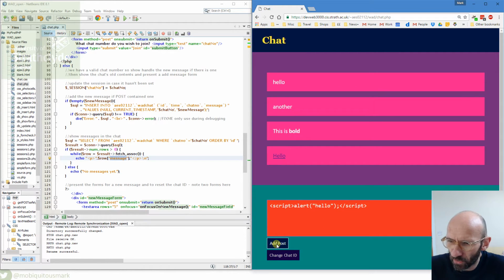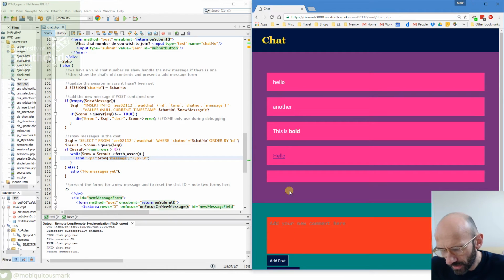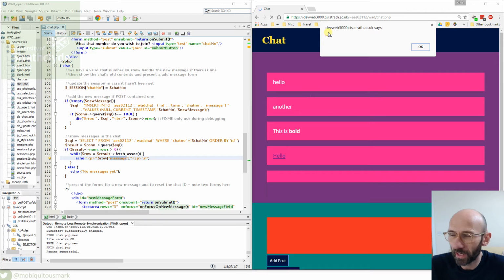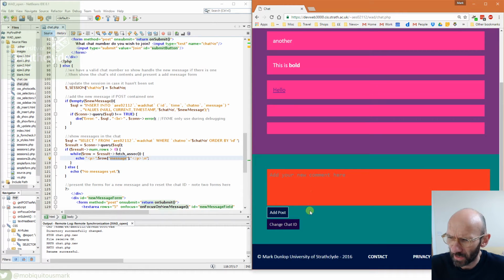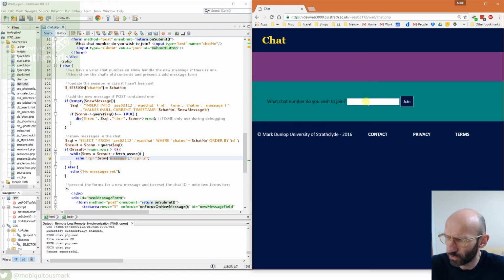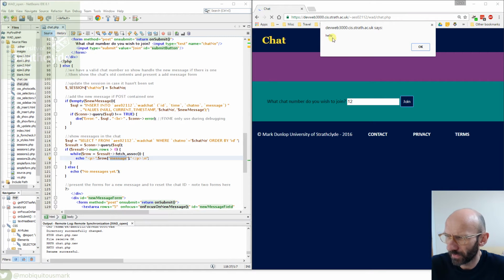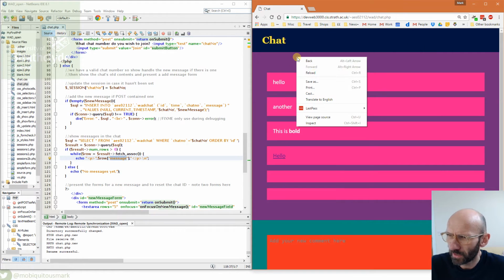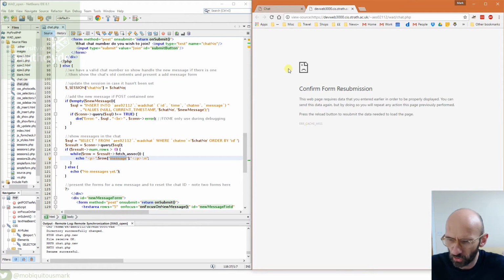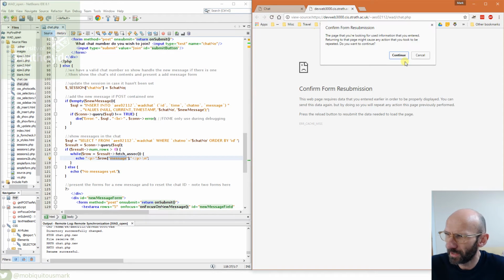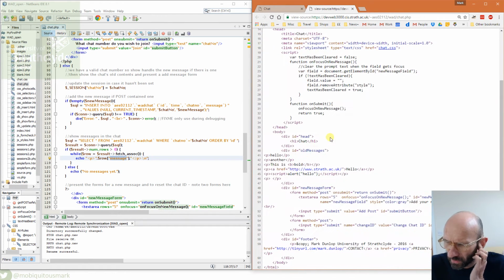If I add that as a post, the browser actually catches a security breach here, so it doesn't work the first time, but if I add a new post with a blank one, my alert happens. Okay? And if I change the post chat ID and I show 12, my alert happens. Because if you view the page source, you do have to reconfirm this time. Then you see that there's the posts that we got, hello, another, this is bold, the hello with the link,